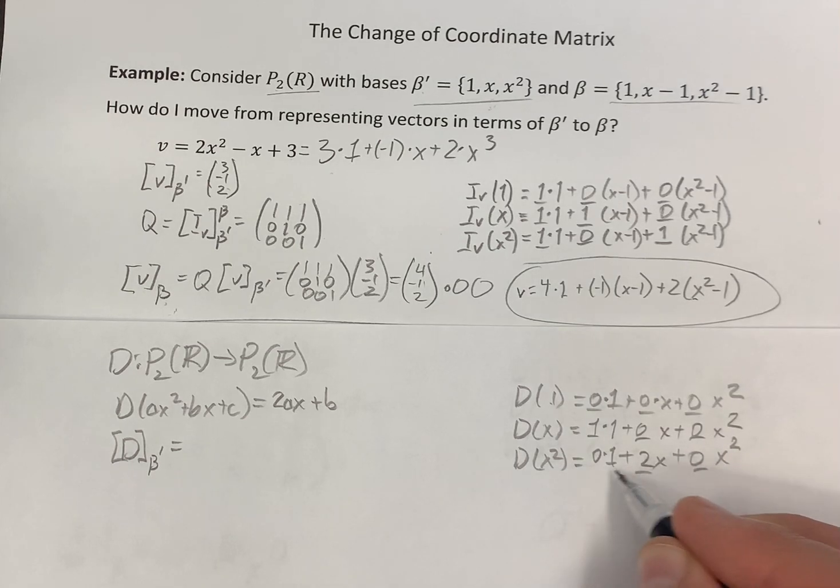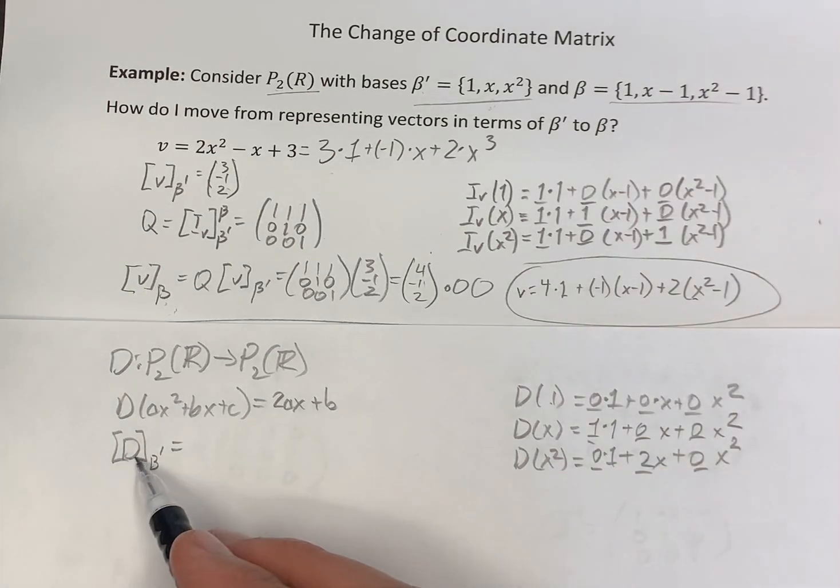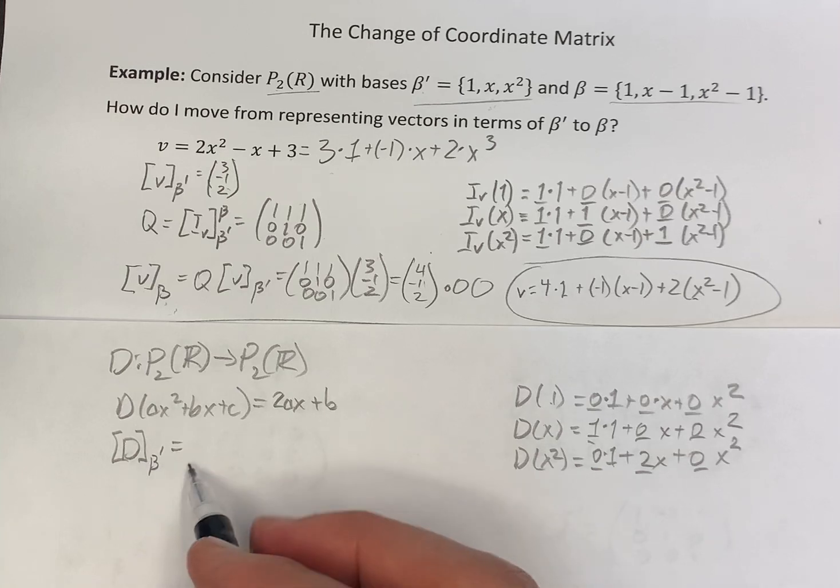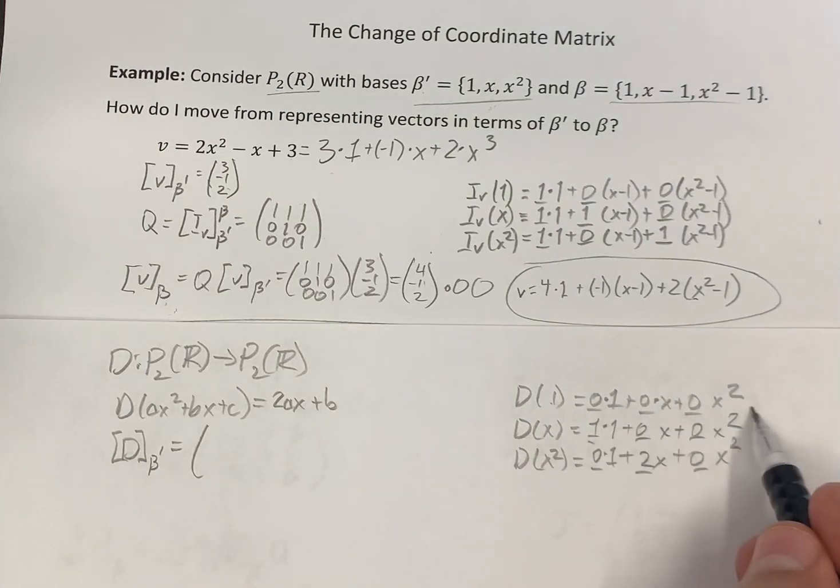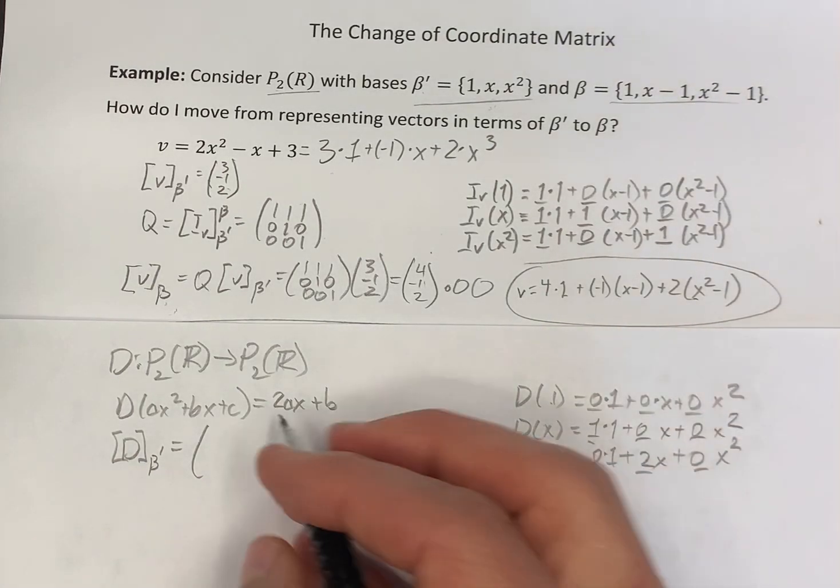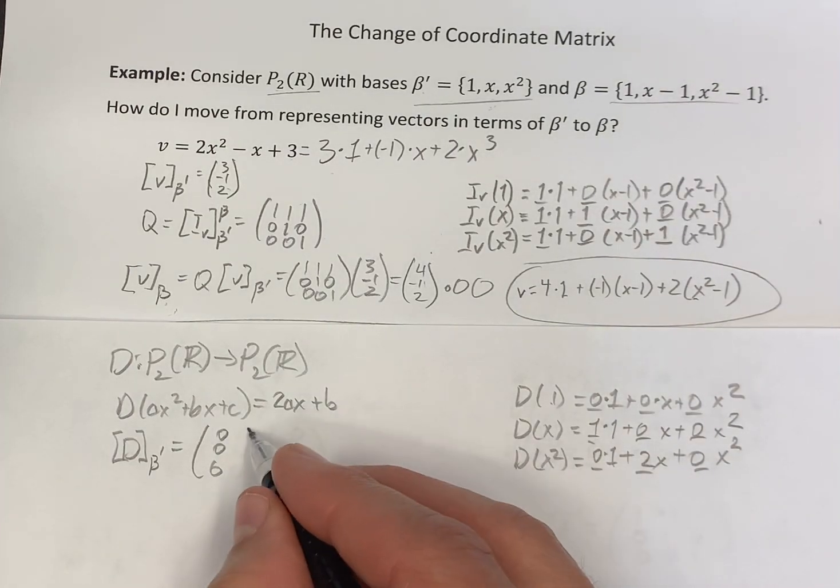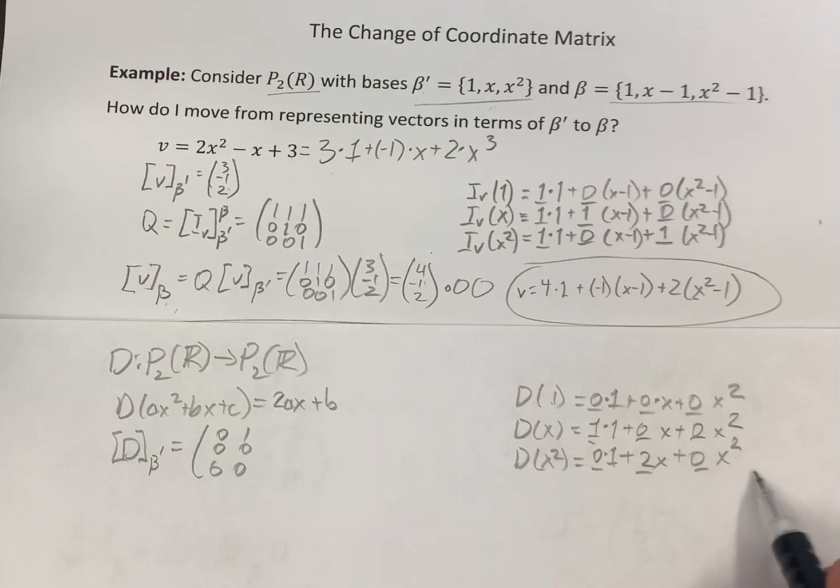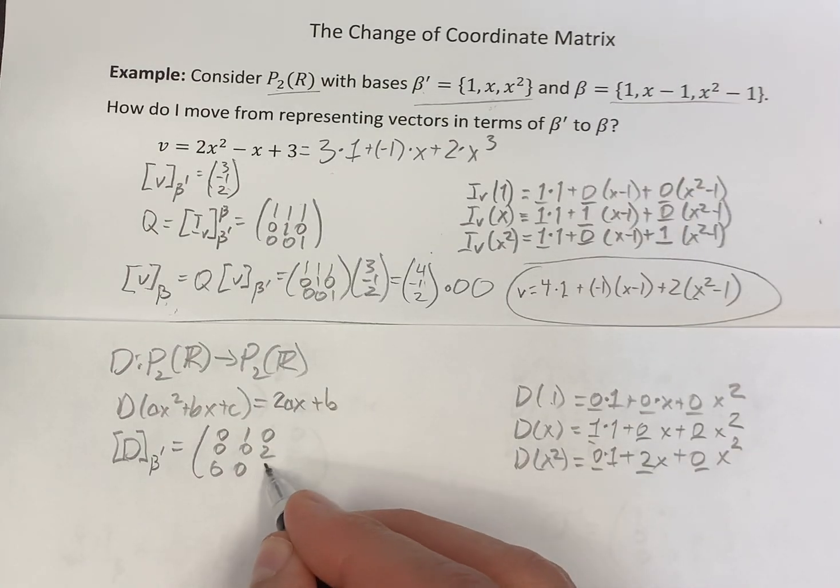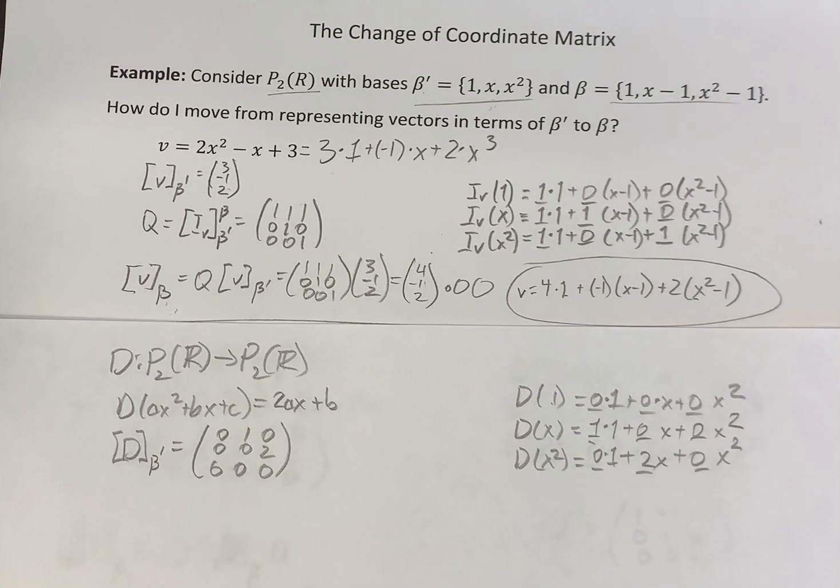And so the matrix representation of this linear operator is, the first row becomes the first column: 0, 0, 0. The second row becomes the second column: 1, 0, 0. The third row becomes the third column: 0, 2, 0. Okay, so now